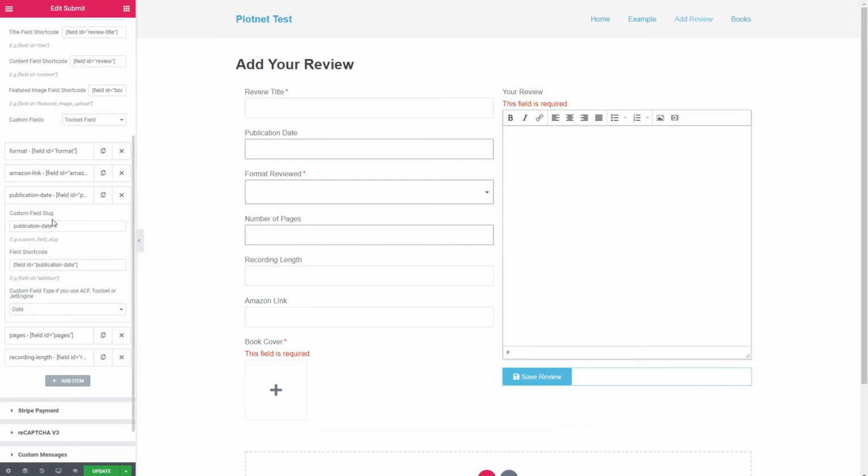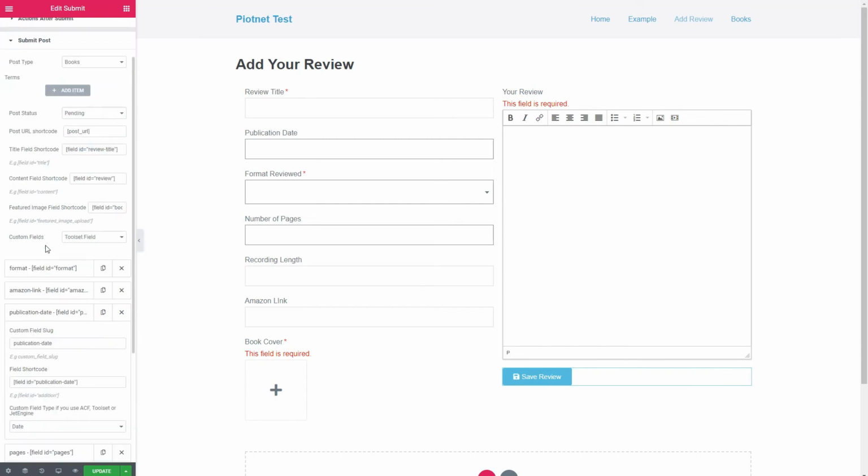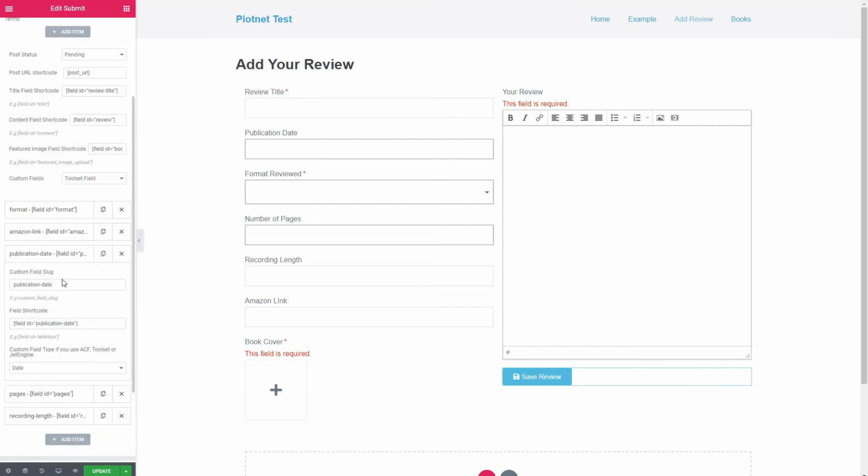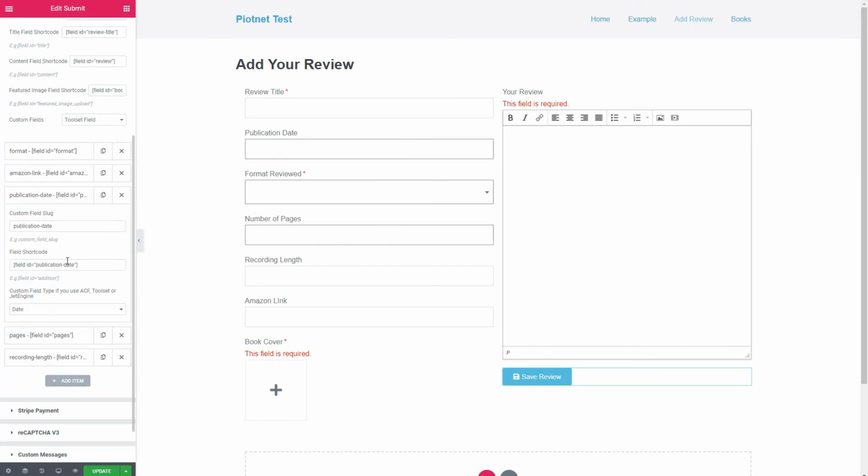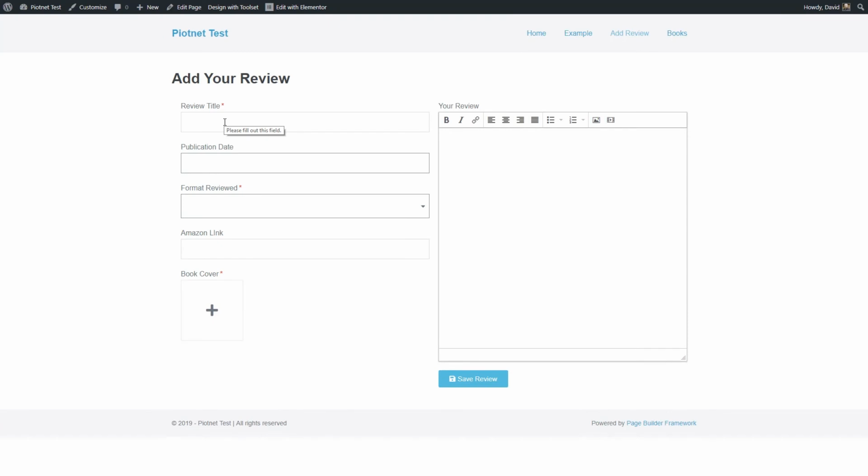In the submit post action, you have to map all these fields in with their values and fill out this little mini form for each field. This actually works pretty well. Let's save this, and then let's go take a look at it. We're going to give this a title, Camino Island. We'll just make up a publication date for this, and we'll say it's July 3rd, and it was print, and it has 285 pages. Enter a link URL,